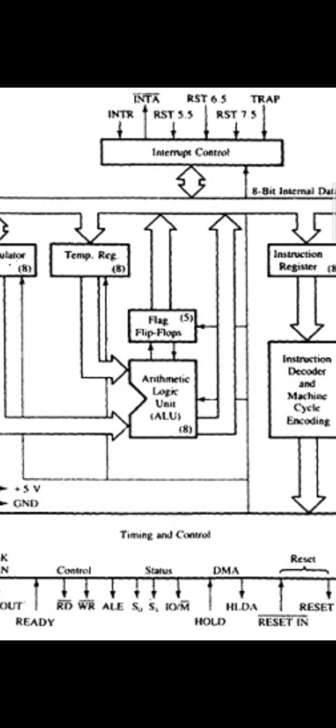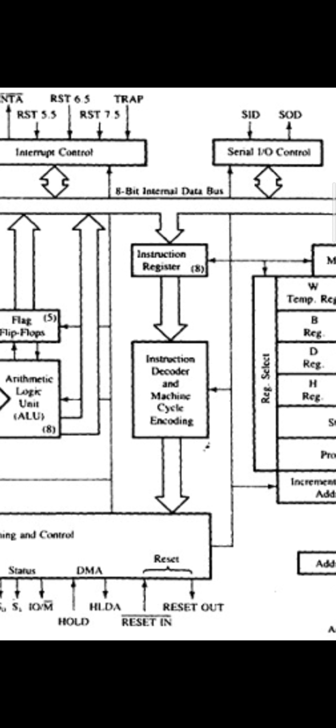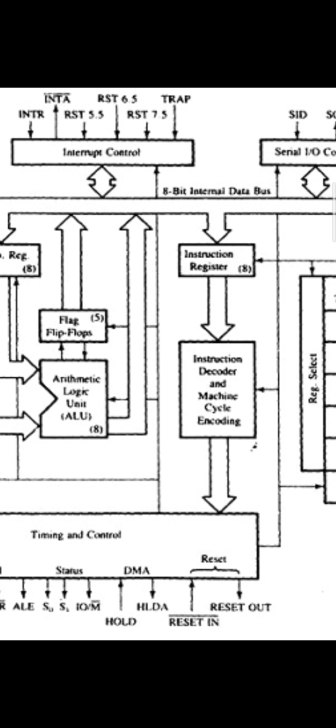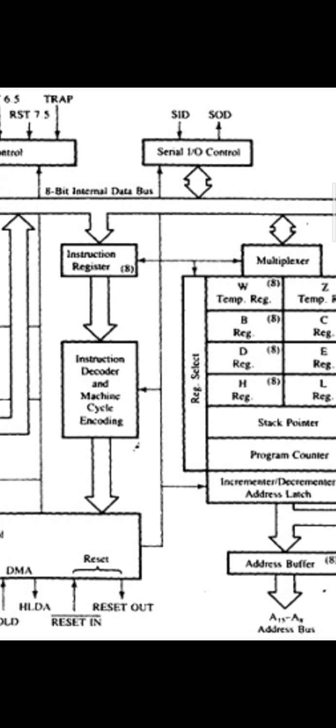Okay, first you have to understand the complete structure. First you have an instruction. You have an instruction decoder. That instruction decoder output is converted into machine cycles by timing and control. From the timing and control, signals are sent to different parts of the microprocessor to do whatever operation is needed, for example transferring data from the B register to the accumulator.